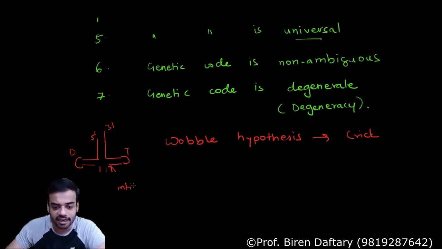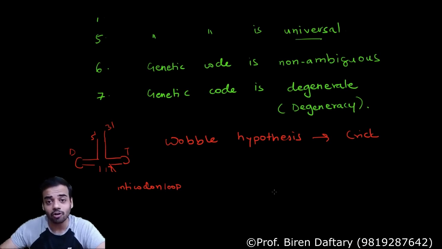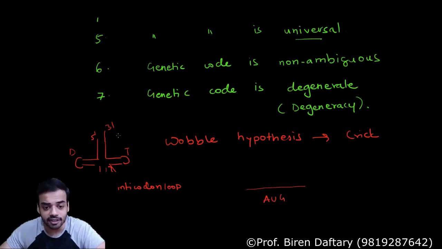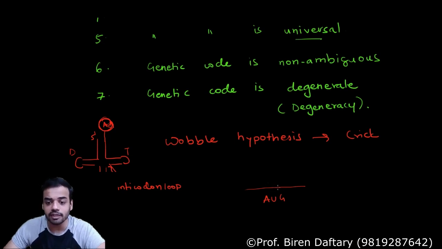What is important over here is this. This is called the anticodon loop. Does anybody remember what an anticodon is? The anticodon also has 3 nucleotides which are complementary to the codons on the mRNA. Suppose your mRNA codon is AUG. The function of transfer RNA is that there is an amino acid attached on the 3' end, and it brings this amino acid and the tRNA attaches to the codon. So if the first tRNA attaches to the start codon AUG, then the sequence over here will obviously be complementary to this, so it will be UAC. Is this clear?